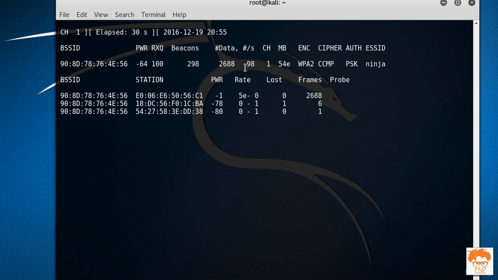Now you can see the data is increasing at a very high rate. It means this router is quite active. The traffic on this router is very high. So what we can do here is sniff these stations which are connected to the BSSID. For doing the sniffing, what you need to do is simply press Ctrl C